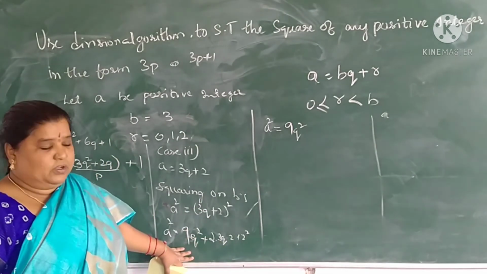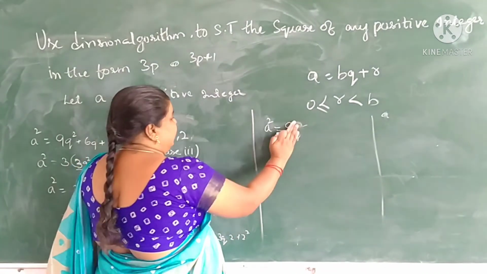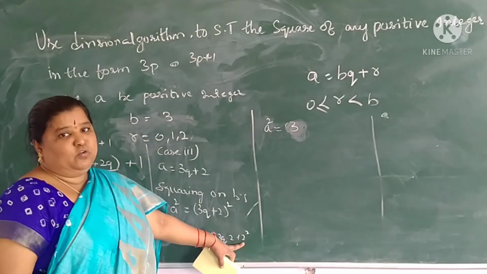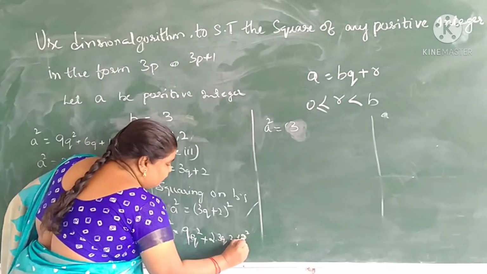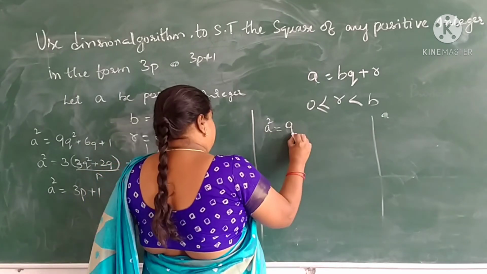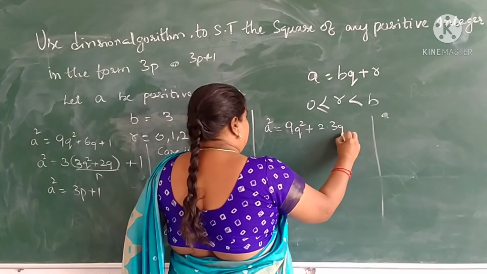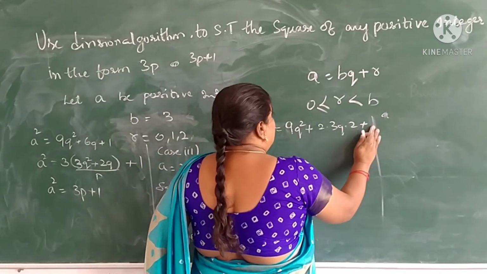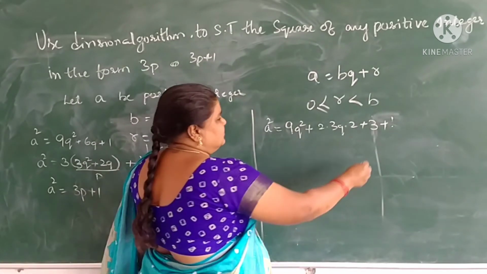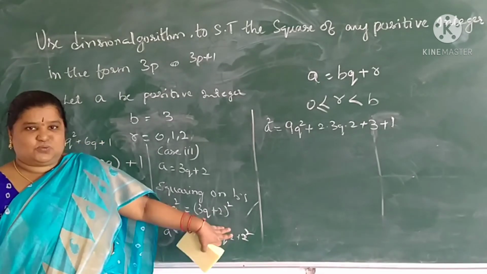So let us keep it like this only, and we are going to take common from this. How to take common from this? Here I am taking 3. Here 2 square will be 4. So first let us write this one, then we will check: 9q square plus 2 into 3q into 2 plus 2 square is 4. I am writing 4 as 3 plus 1. This 2 square means it is 4, children, but I am writing this 4 as 3 plus 1. It is the same.